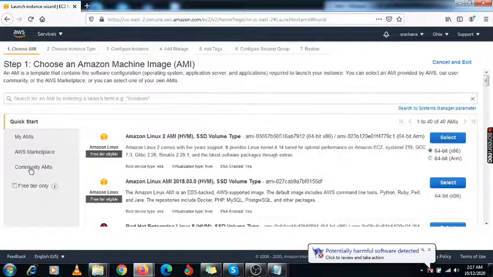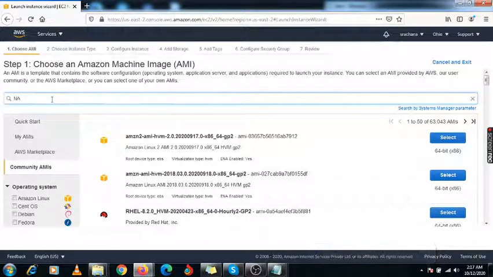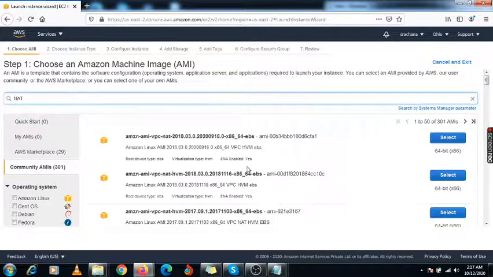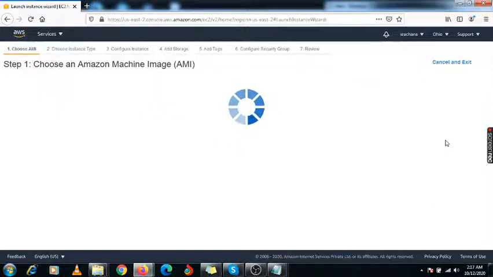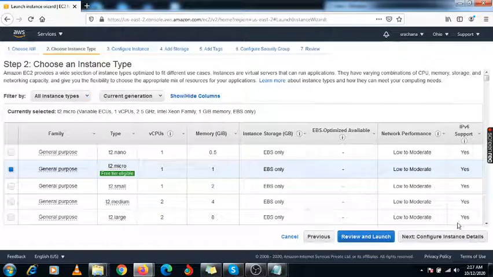Here you will get the option Community AMIs. Here I am going to search for NAT. Here I am getting the VPC NAT for this Linux machine. Click on it and select T2 micro.